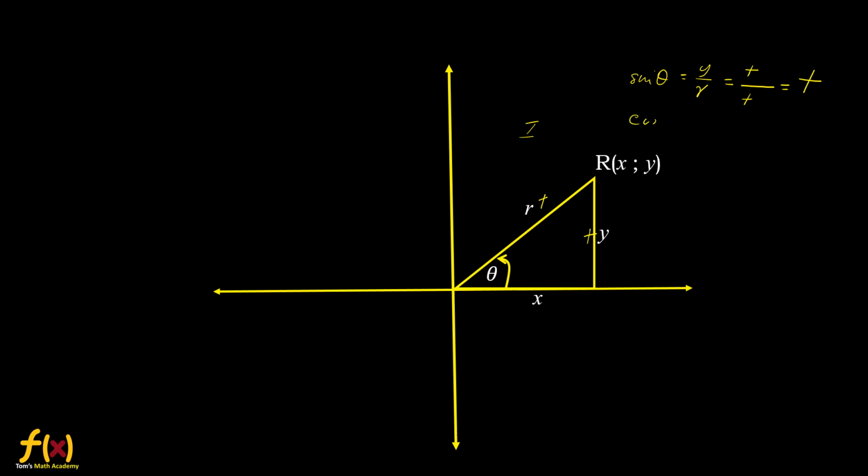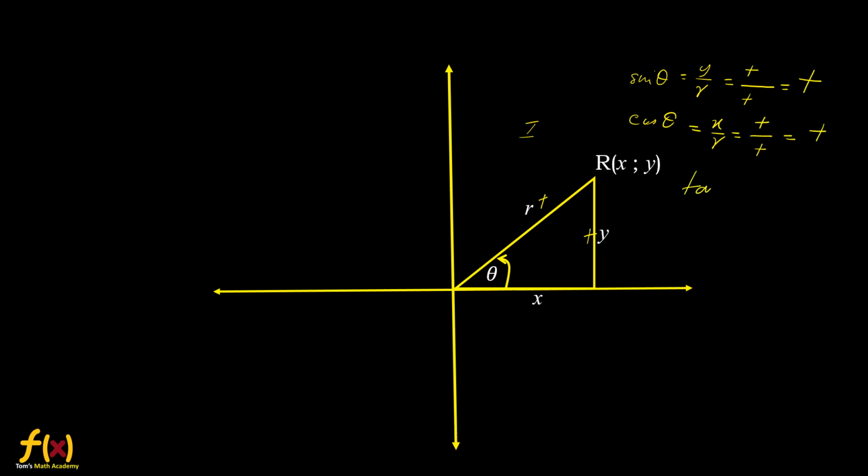What about cos in the first quadrant? x over r, we are talking about the sign. Is it positive or negative? x is also positive towards the right. So x value is positive. r is always positive. So ultimately we get a positive number as the answer.